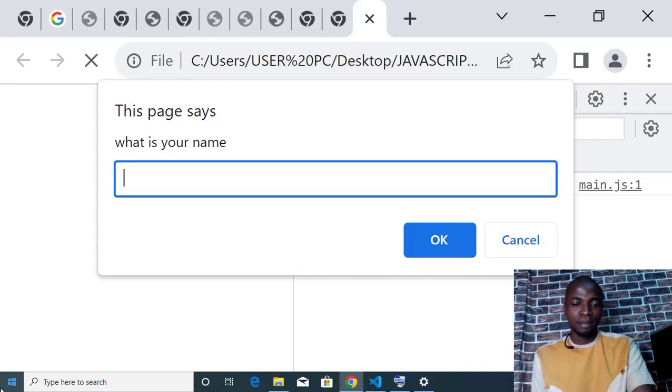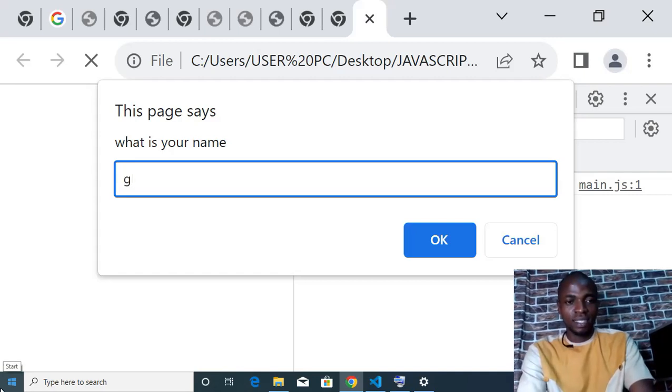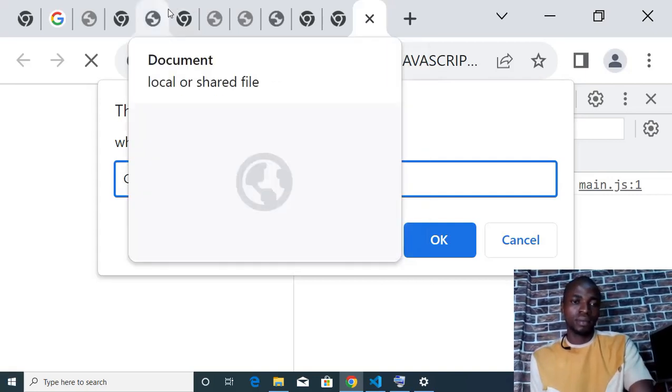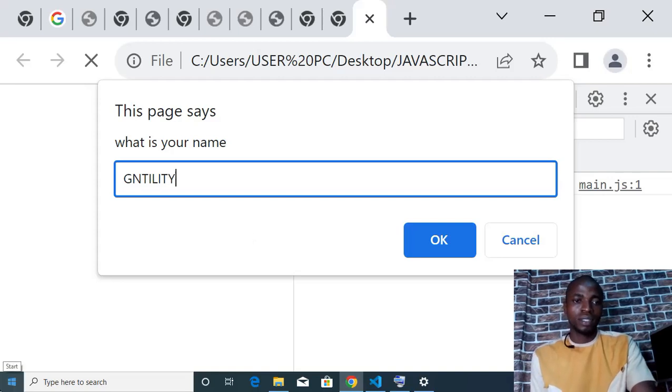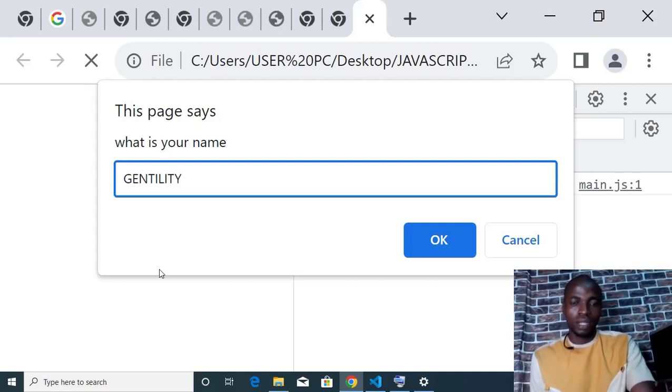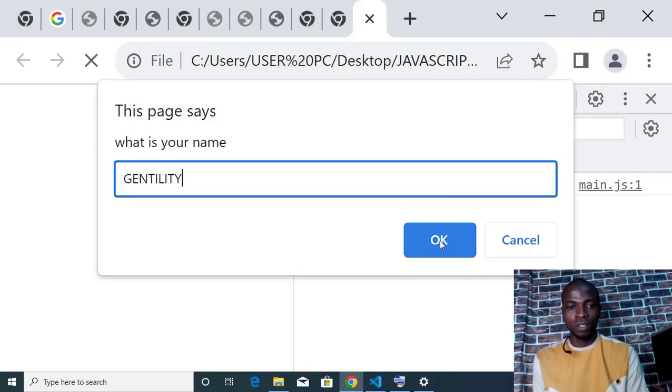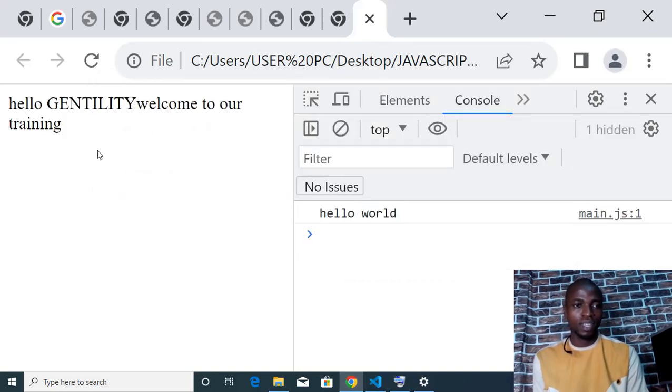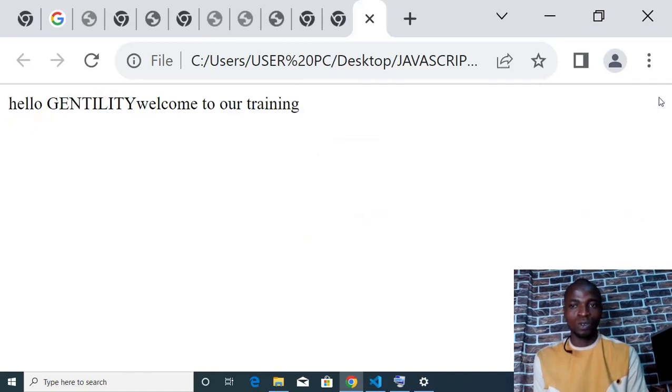What is your name? I will just write Gentility. Sorry, I made a mistake here. Gentility. I will type OK. You're going to see the reply. This thing is going to show me now. Do you see? Hello Gentility, welcome to our training. Do you understand? So automatically this thing is now replying to